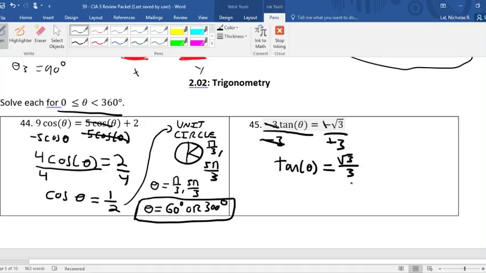This is also equal to 1 over the square root of 3. But this is going to be equivalent to, in radians, from the unit circle, when the tangent of theta is equal to √3 over 3, from the unit circle,